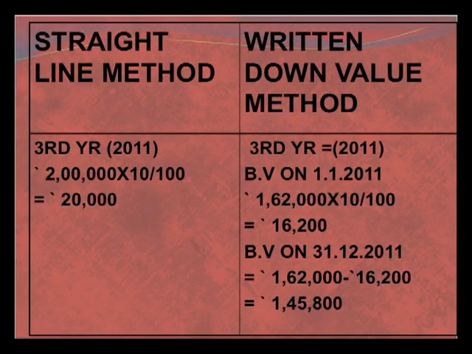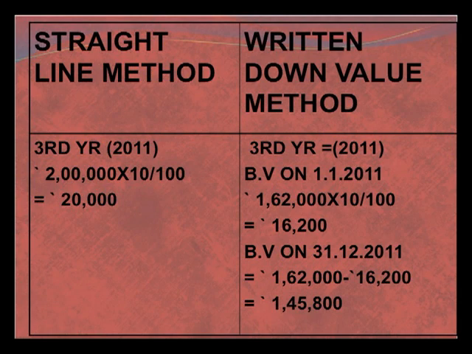In the third and last year, we have assumed again we are charging depreciation at the rate of 10% on a constant basis under the straight line method at rupees 20,000. But under the written down value method, we are calculating the depreciation on the book value, which was the closing of the previous year, on 1,62,000 at the rate of 10%, it comes to rupees 16,200. So at the end of the year, 31st December 2011, the remaining value of the depreciated asset will be 1,62,000 minus 16,200, that will be